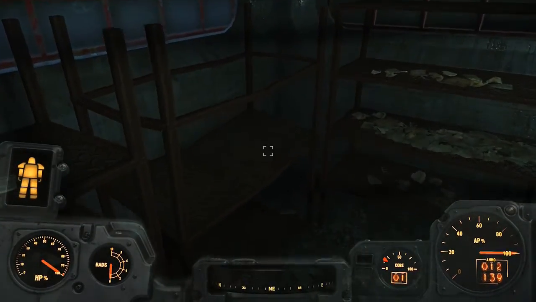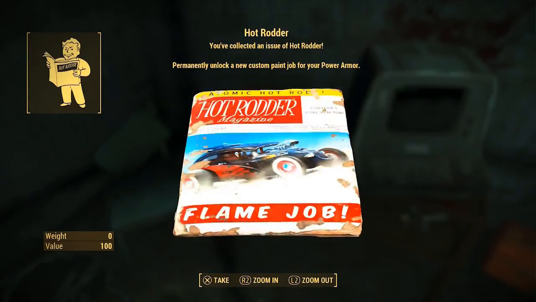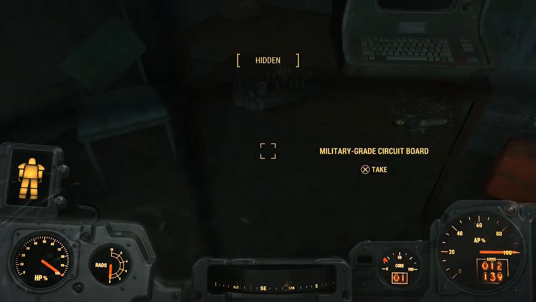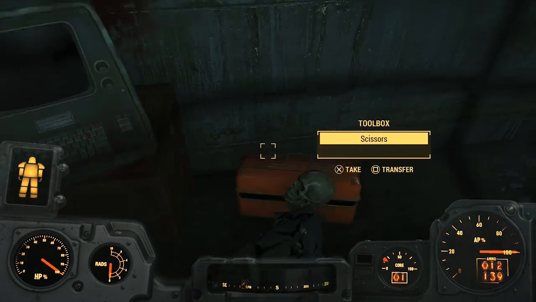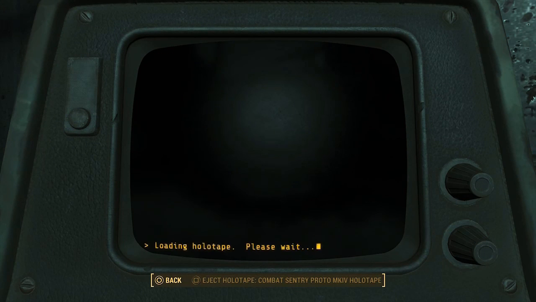grab whatever you can from here, like this military-grade circuit board, this makeshift battery, excellent, this thing of hot rodder, which gives you the flame job for your power armor, which, in my opinion, is easily the coolest one. And then there's another thing, a military-grade circuit board, another stim pack, some duct tape, and then this terminal right here. Don't even need to hack it. So you play the tape,